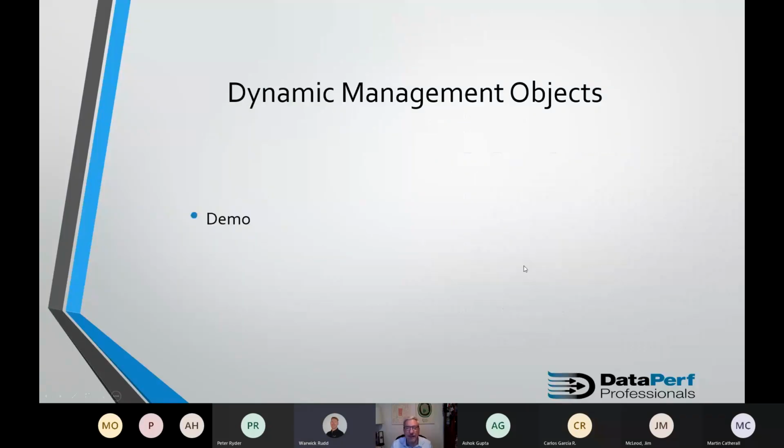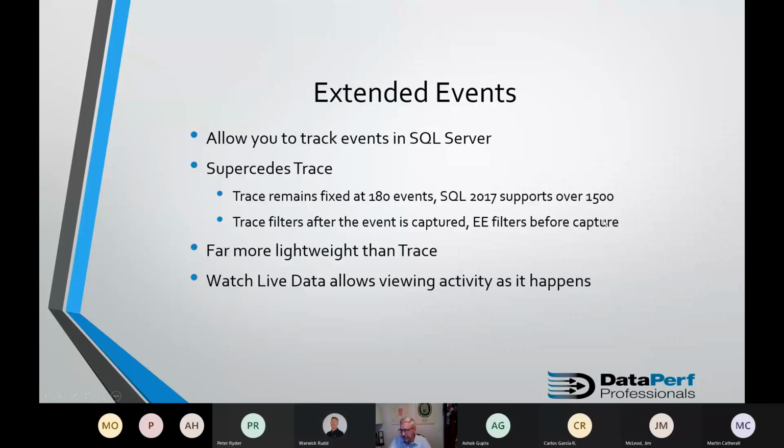All right. Extended events. You all wanted to go to extended events. Extended events was first introduced in SQL 2008, but in a limited way. It was SQL 2012 when they kind of went full blown with extended events. What I showed you earlier, that trace, that remains fixed at only 180 events.